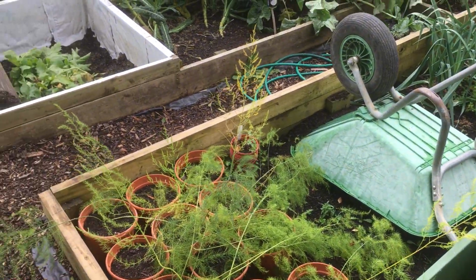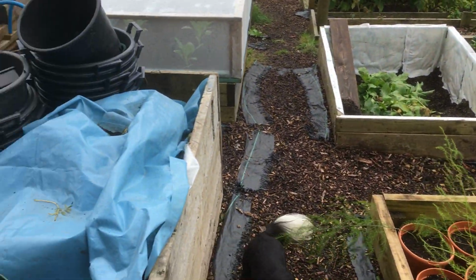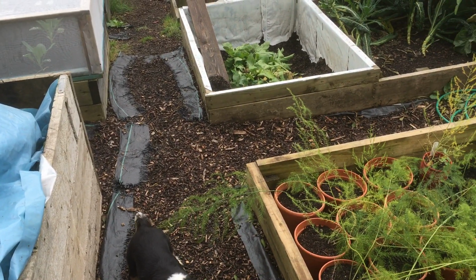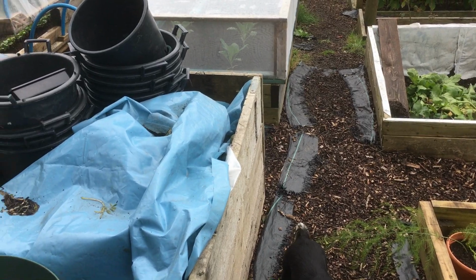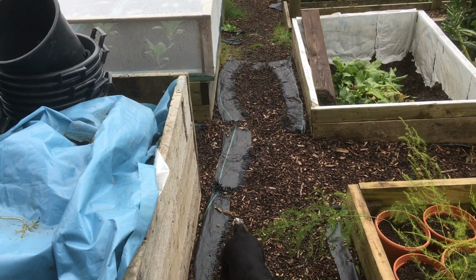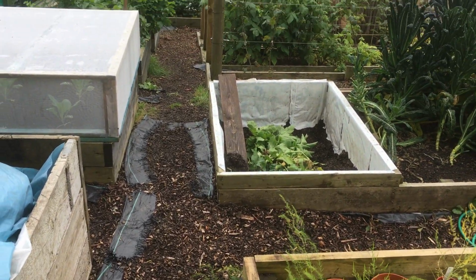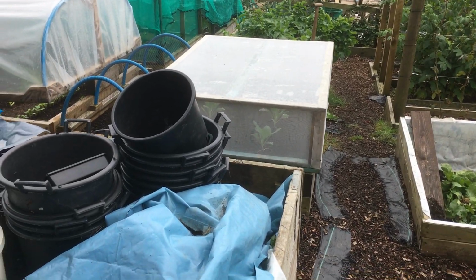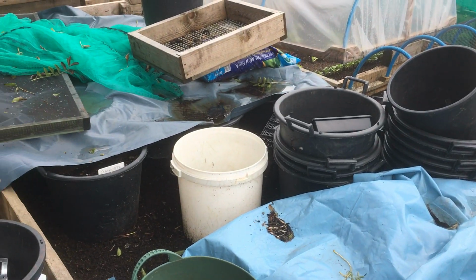But even with a little allotment, to give you an idea, these are 12 foot, so 24, sort of, it's 30 foot wide by maybe 40 foot long. It's not a massive allotment, it really isn't. And I grow enough food in here for me, the wife, and the young one. She doesn't eat that many veg, my daughter, but